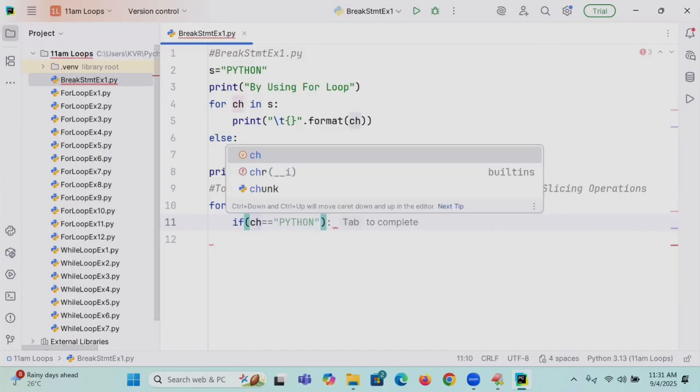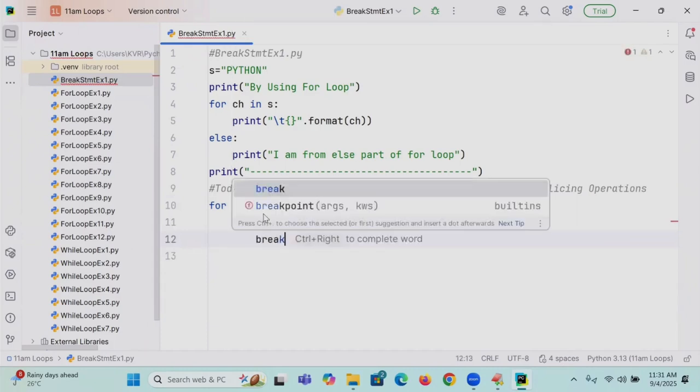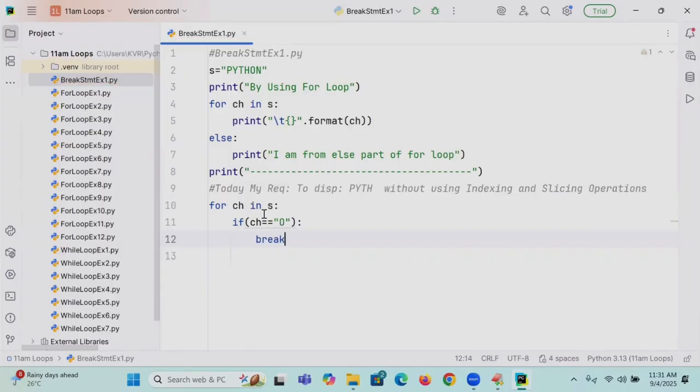If CH is equal to what? O. CH double equal to O. When the letter O comes into the picture, what should I do? I need to say break. When will you apply the brake of your scooty or your car,